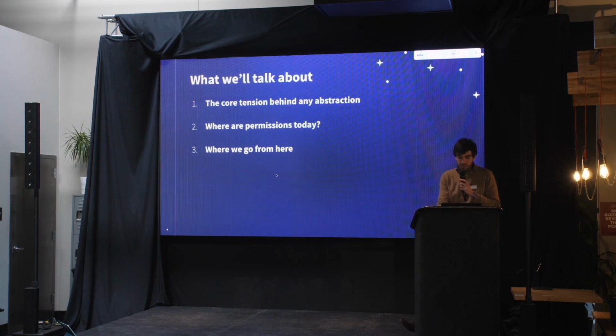So with this, I'm going to talk about 3 main things. First, the core tension behind any abstraction, behind permissioning systems today. Second, what I'm seeing in the space today that gets me very, very excited about the work going on in the permissioning world and abstracting away that complexity from users. And then third, where we go from here, and why I'm so excited to be talking to all of you guys, because I think the work that's being done is insanely important and honestly very easy to forget about unless you have proper activation energy to actually standardize the work going on here to create a maybe post-chain world is the way I might phrase it.